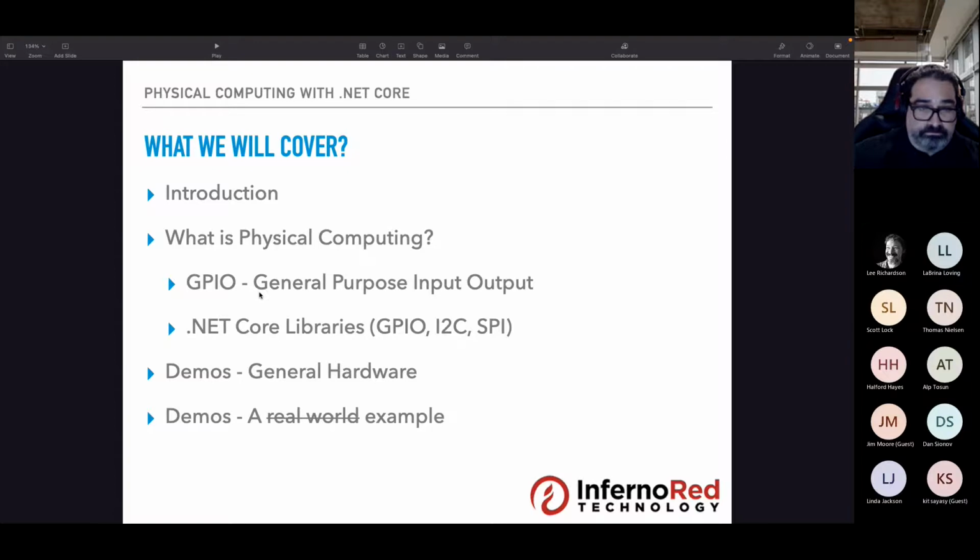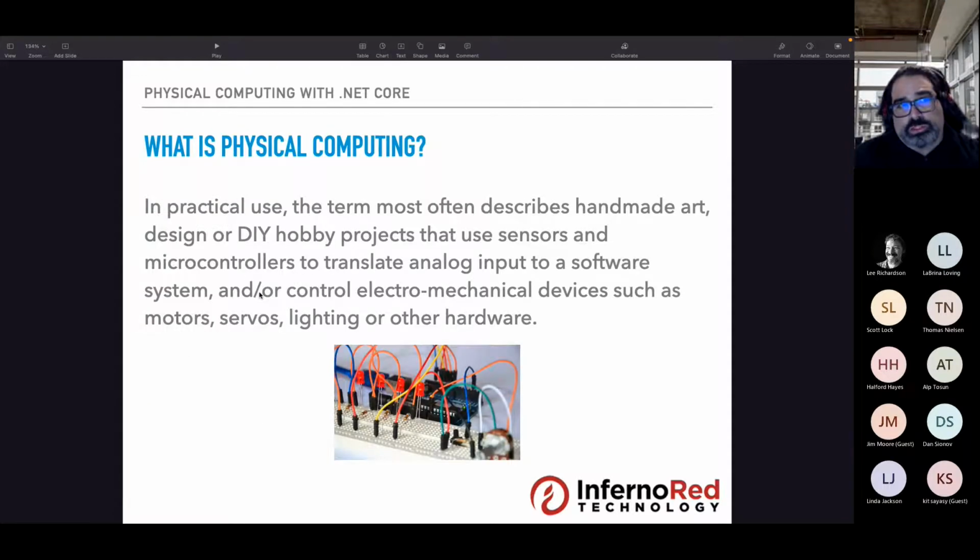Without further ado, let's move into our first slide: what is physical computing. This is the Wikipedia definition of physical computing, but it matches at least the spirit of what I think of physical computing and what I basically do with it, either as a job or as a hobby.